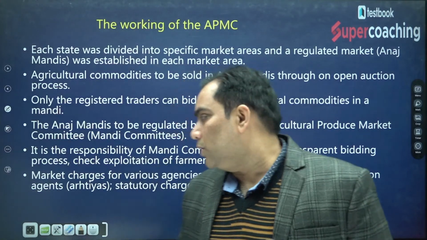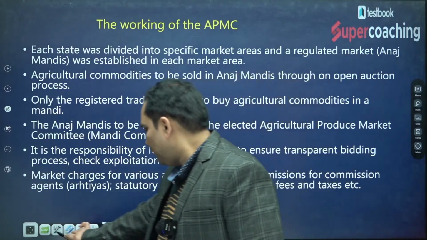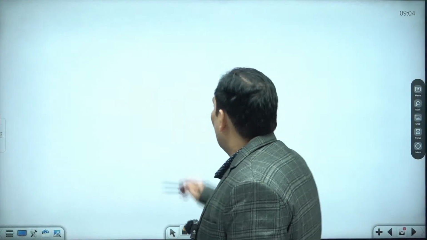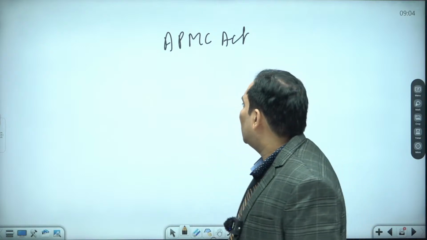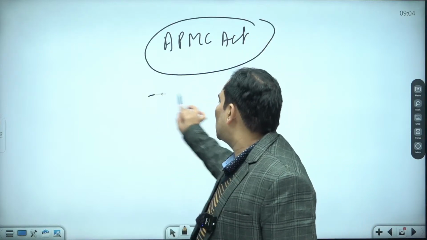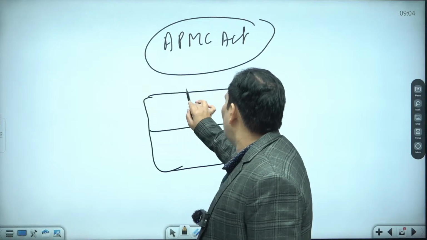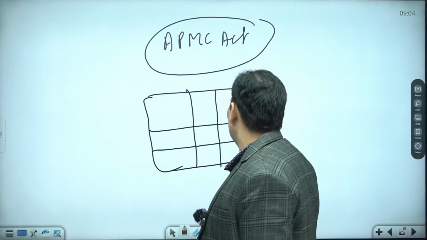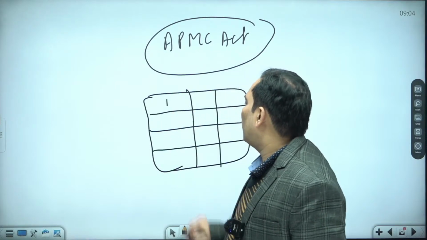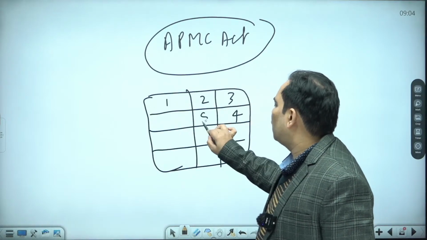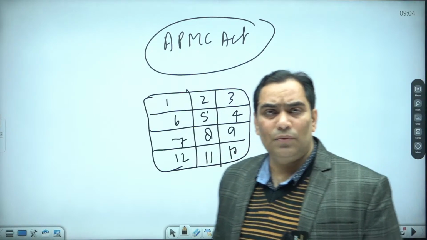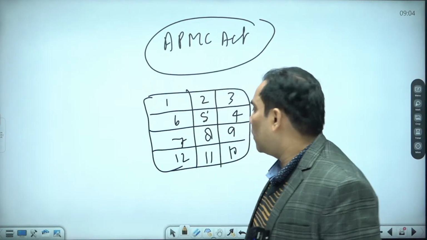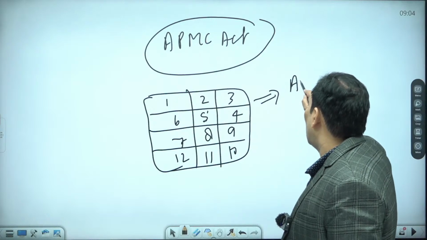If there is any doubt to anyone till now, let me know. We can proceed. As I said, the government passed the APMC Act. Please try to understand. Government passed the APMC Act, and through that Act the state was divided into different marketplaces. Okay, like this: this is one marketplace, this is 2, this is 3, 4, 5, 6, 7, 8, 9, 10, 11, 12. Through this Act, the state was divided among different marketplaces,